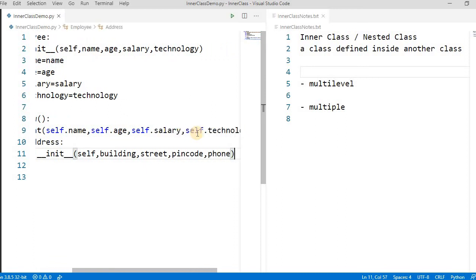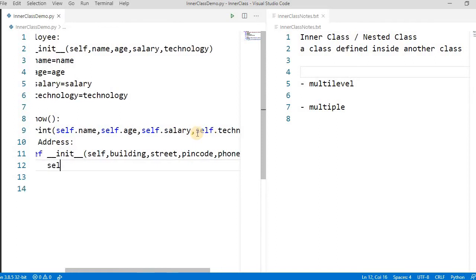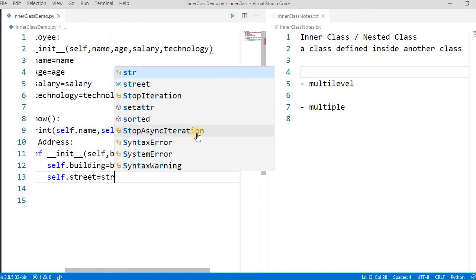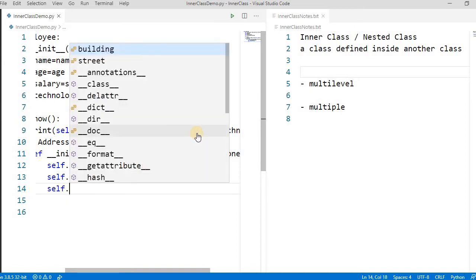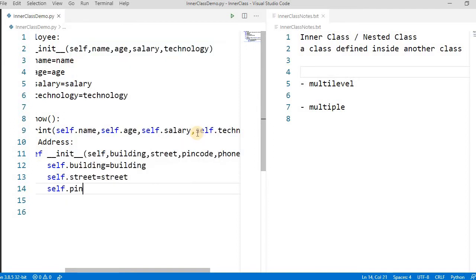There may be other variables also, and after this we can assign self dot building, and so on, the same as we generally do.